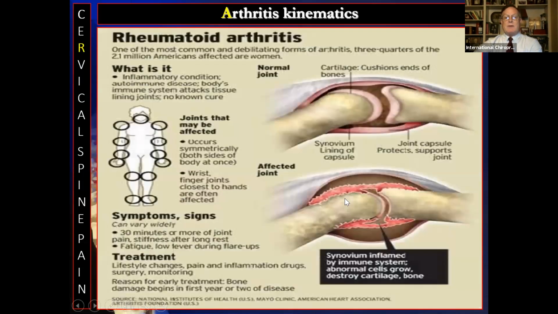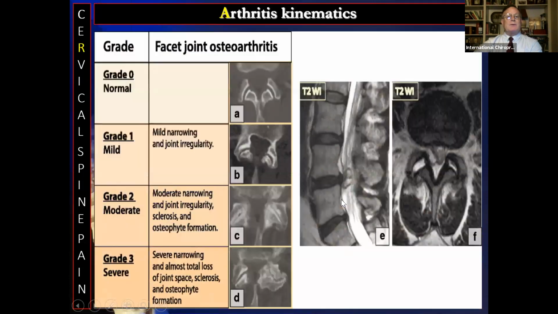And we're doing those injections now for the facet joints in these folks. As facets start to get arthritic, this is in the lumbar region, but you see large facet effusions here. Here's the central canal. Remember, the facet that's back here posteriorly is from the vertebral body above. Okay, so that's the lower articular facet of, this is at L4-5, this would be at L4, and then here's L5